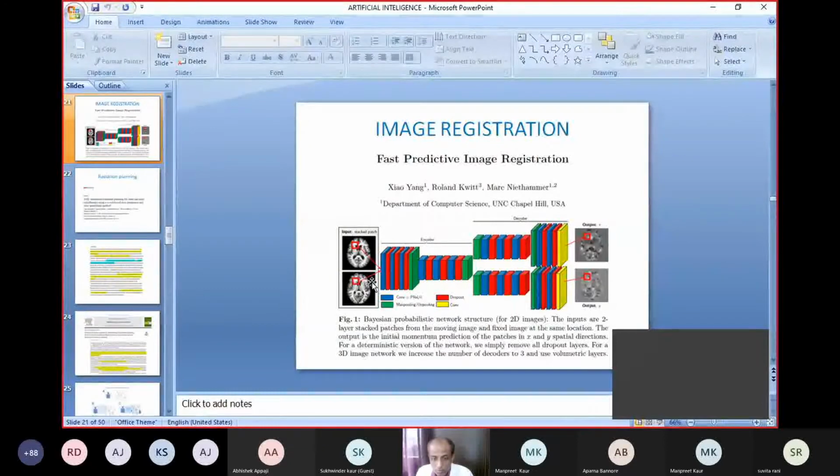Similarly, in the planning part, we sometimes take the help of MRI and CT. Both need to be fused, and the patient position is many times different. In the CT scan, where the patient is lying, and in the MRI, how the patient is laid are absolutely different.